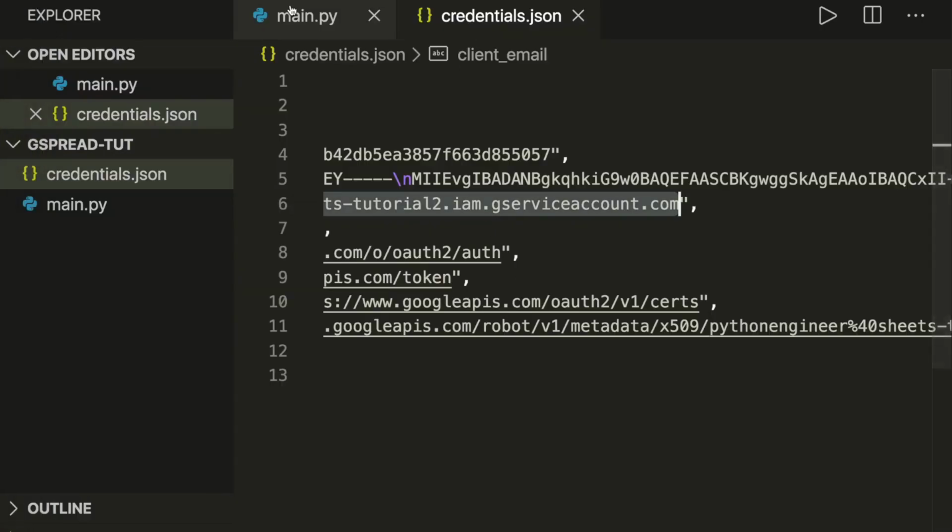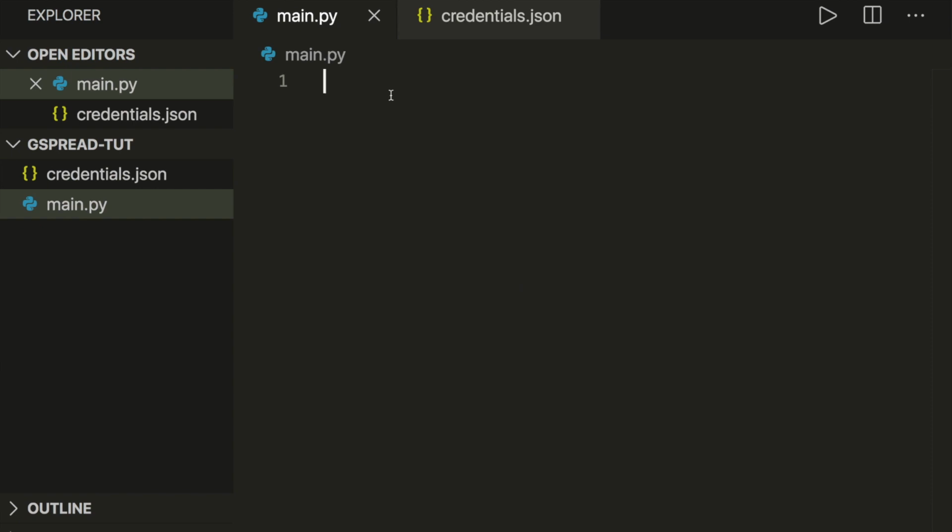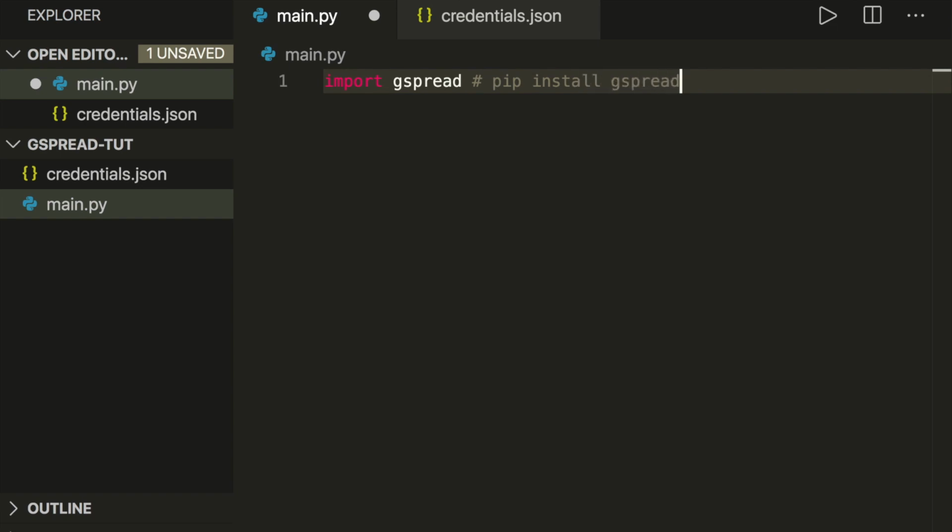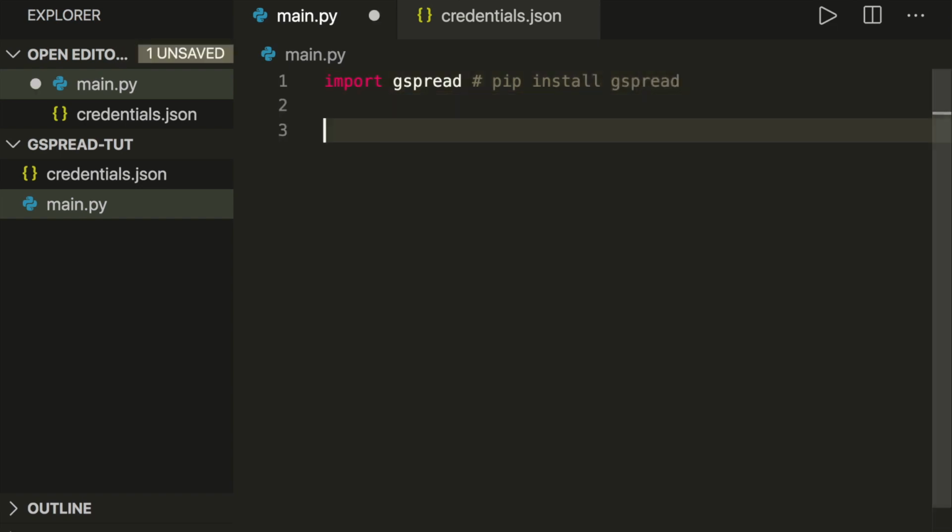So in order to use the Google Sheets API, we import gspread. This is a nice Python API. And if you don't have this installed, then you can just say pip install gspread. And now we have to create a service account. So we say gc, and then we say gspread.service_account. And then we have to give it the filename equals the name of our credentials file,